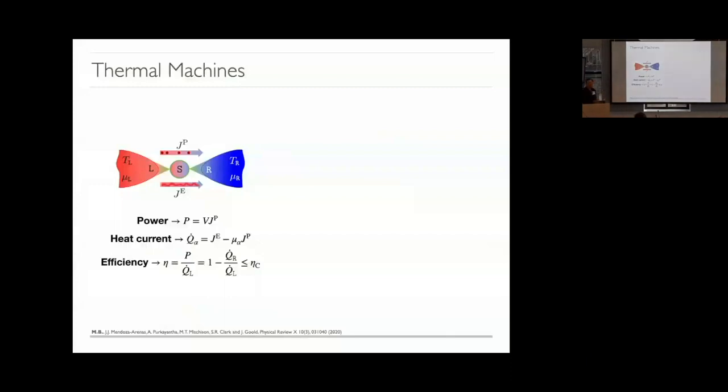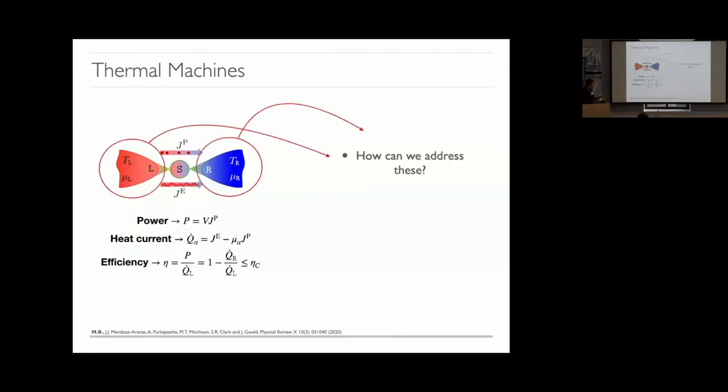Let's get started, okay? So the type of configuration that we have is a system. We want to make no assumptions about the system, okay? It could contain non-quadratic interactions. It could be something very complicated, okay? And then we have thermal leads on both the left and the right, and basic thermodynamics nets you what you want to calculate at the level of the power, heat current, and the efficiency, okay? And the first question that you'll ask yourself is how do we address this? How do we model the baths, okay?